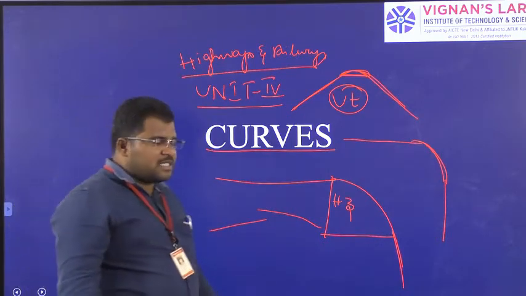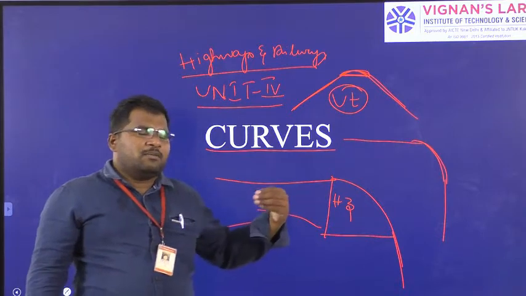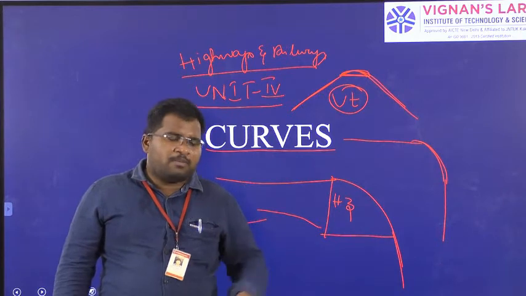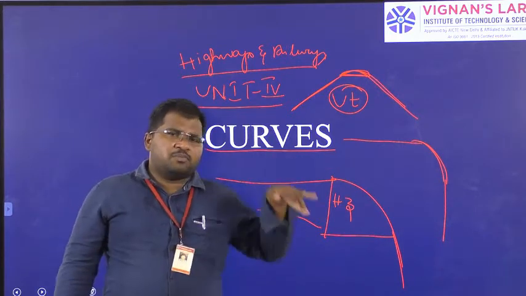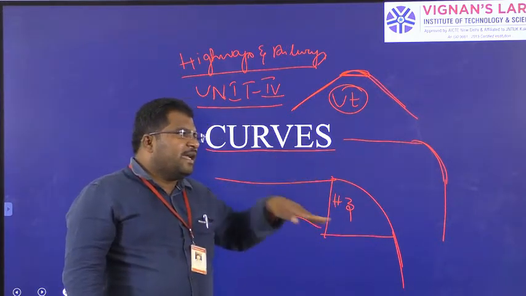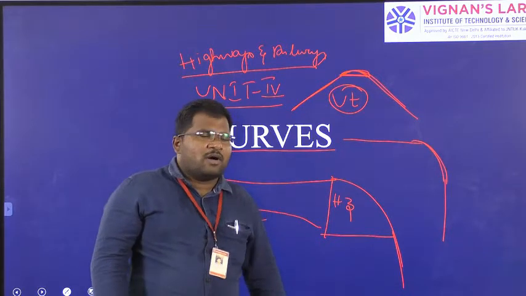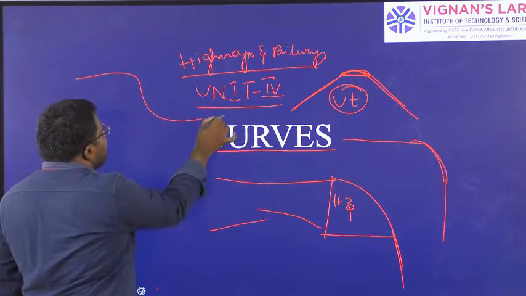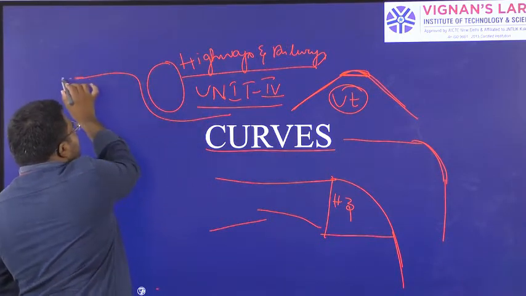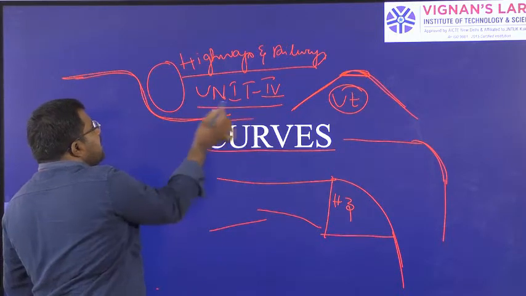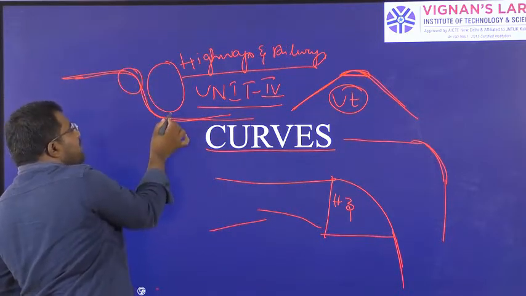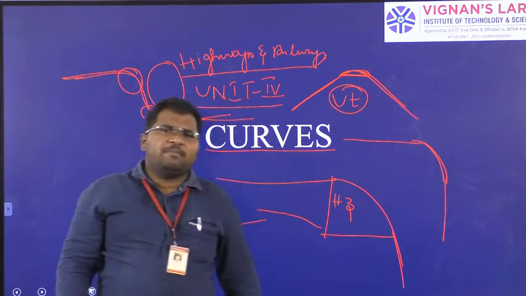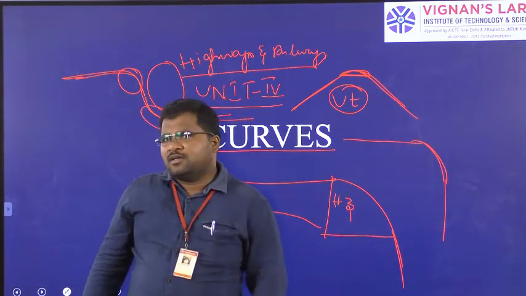Due to some obstructions, there may be a mountain, a small hill, or some small pond. We can't put the railway or roadway across that pond. So in such situations, we are going to change our direction. If here is the pond, our road direction is going to change like this. Here you can find a curve, and here also a curve. These curves play an important role in highways and railways.